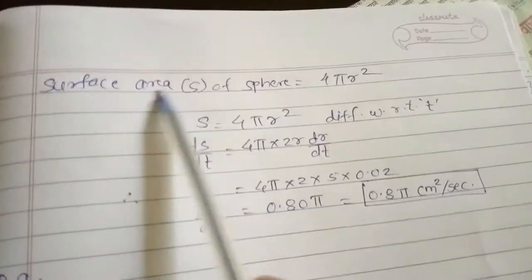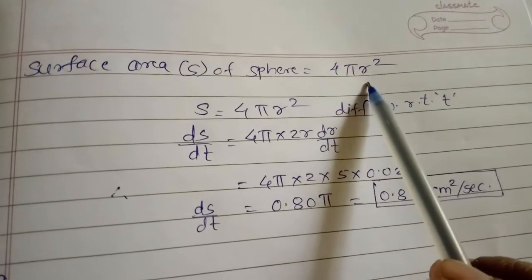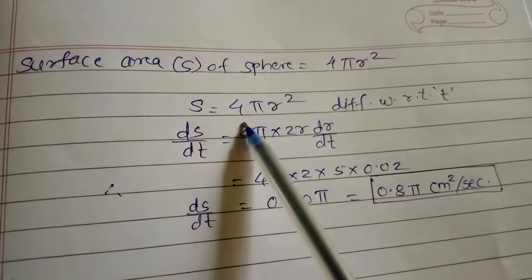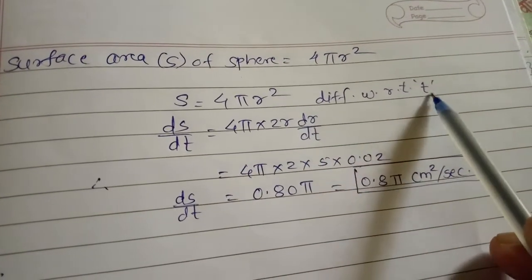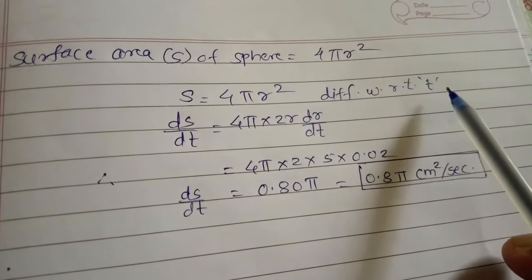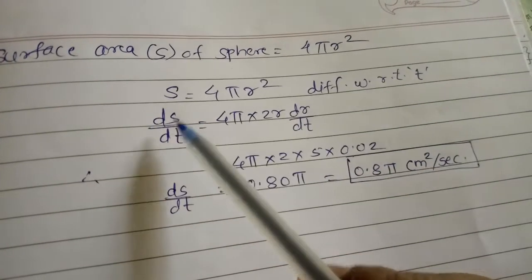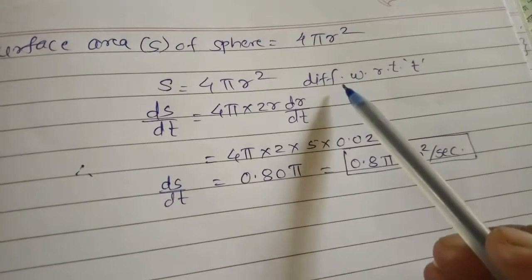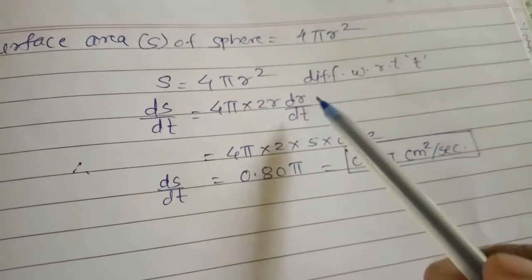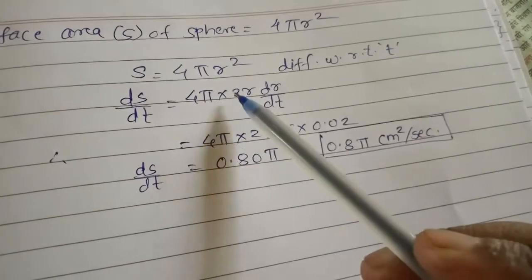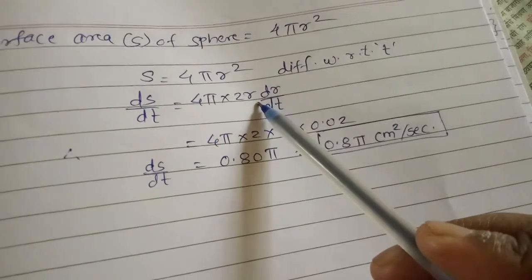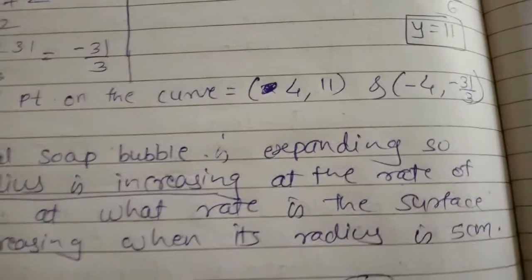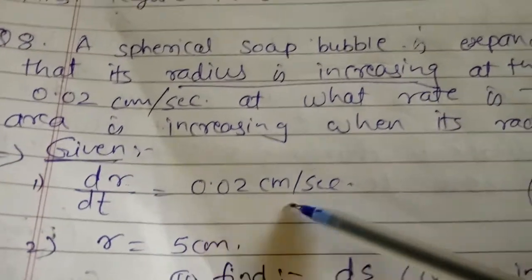So in 9th standard or 10th standard we already learn about the formula of surface area of sphere, which is nothing but 4 pi r square. So S is equals to 4 pi r square, differentiating with respect to t. So here keep in mind that we have to differentiate with respect to t. So ds/dt: 4 pi is constant, the derivative of r square is 2r. Since we are differentiating with respect to t, the derivative of r is dr/dt. Now 4 pi is as it is, 2 as it is, we already know the value of r, r is 5 centimeter, and also the value of dr/dt is given in the example, that is 0.02.